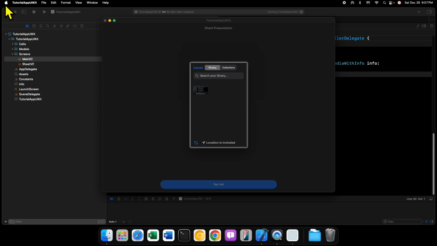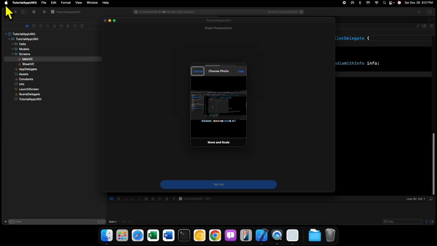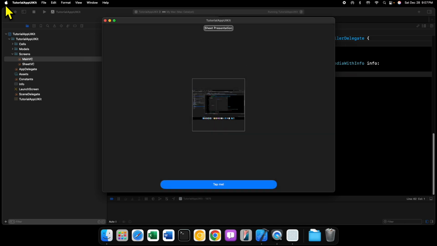So inside of our All Photos here, we have a singular image. So we can select this, and you can either hit Cancel or Use. I'm going to say Use. And when we hit Use, that triggers our did finish method there, and it runs the code that we have